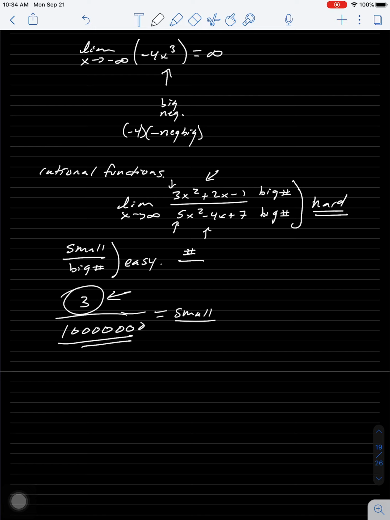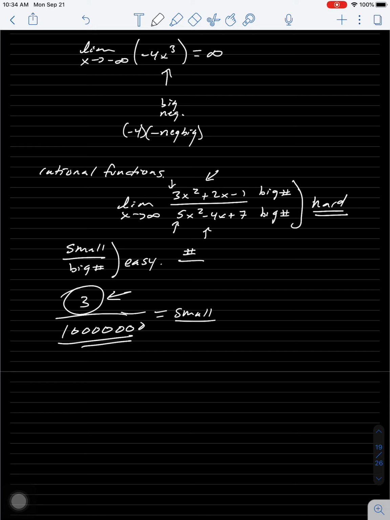So here's what happens. Look at it. Well, I'll write one more step so you can see it clearly. You don't have to write this extra step for me, but just the first time around I'll show you. You're creating all these little fractions, and the idea is because we divided by the biggest power, everything on the top is going to cancel. So look, x squared, x with one of these x's, nothing cancels in this last one. X squared, x and 1, and nothing cancels there. So what this reduces to is 3 plus 2 over x minus 1 over x squared all over 5 minus 4 over x plus 7